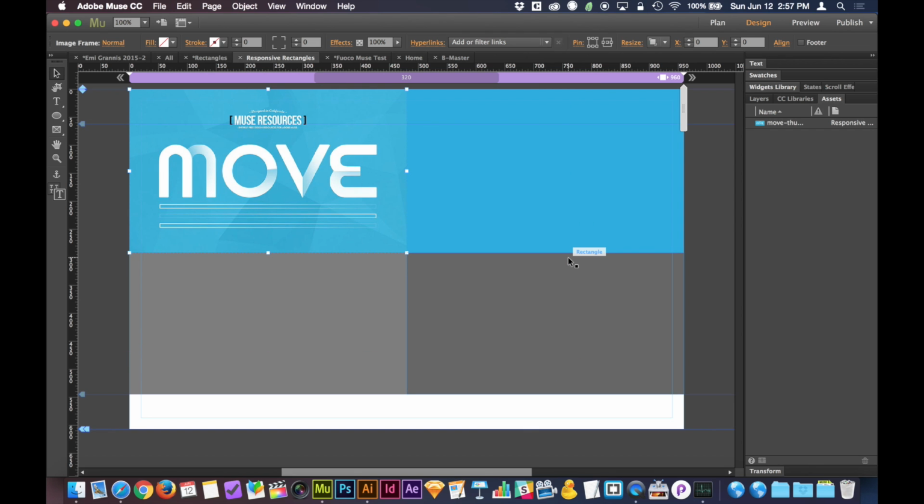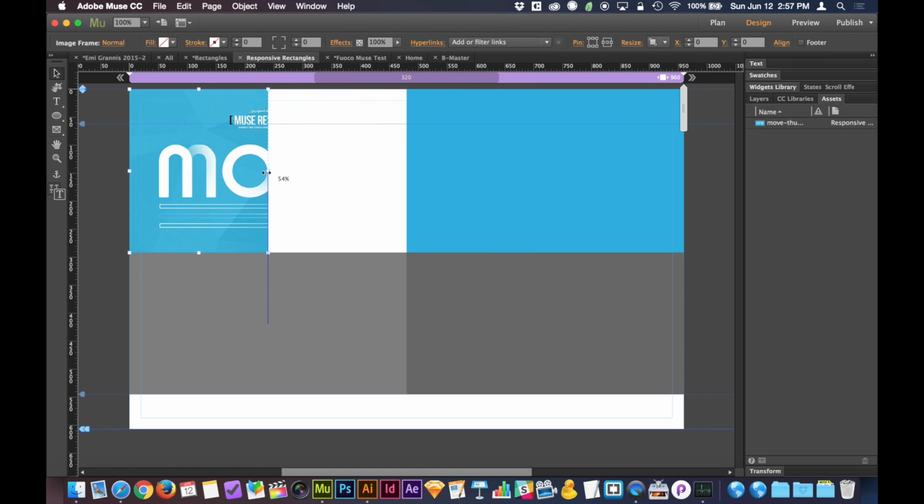If you do want to change the size of the rectangle, you can hold the Command key when you click and drag, and as you click and drag, the image won't necessarily react. In fact, it won't react. So as I click and drag, if I change my mind about how I want this image to fit inside the rectangle,